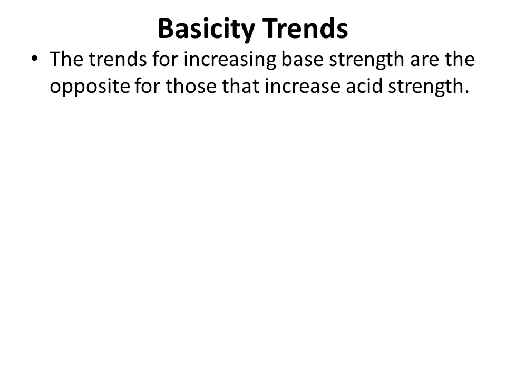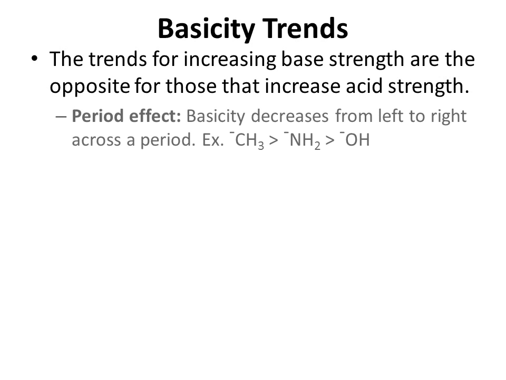Now let's figure out what makes bases strong using basicity trends. The trends for increasing base strength are the opposite for those that increase acid strength. With the period effect, basicity decreases from left to right across a period. And that's because as you go from left to right, you're increasing your electronegativity on the atom. That pulls the electrons nearer the nucleus, which is diminishing the negative charge, making the atom a poorer proton acceptor. So for example, CH3-, the methyl anion, will be more basic because carbon has lower electronegativity than NH2-,